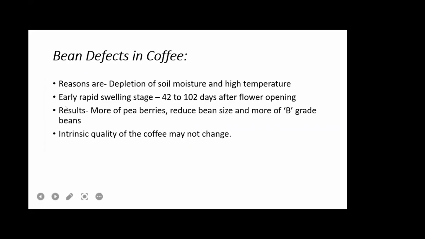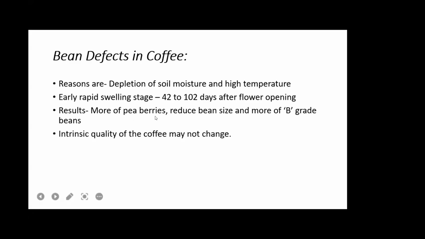and it is commonly seen during the early rapid swelling stage, that is 42 to 1 or 2 days after flowering. It means that fruit setting will take 7 to 42 to 212 days, and normally, in case of robusta, 6 to 8 weeks will be more. So during this time, whenever the plant experiences stress, we will get bean defects, and that results in